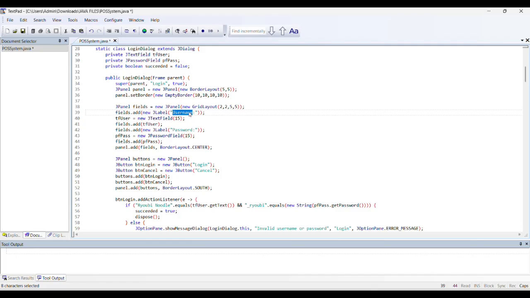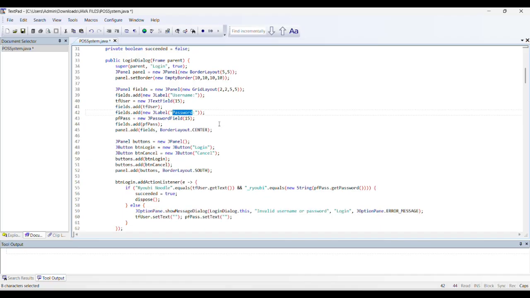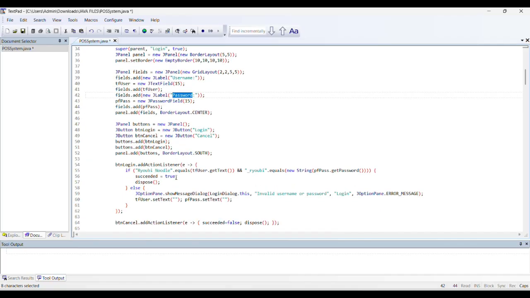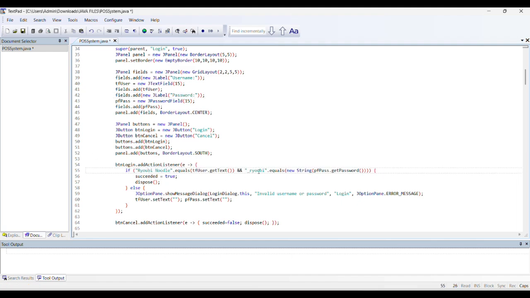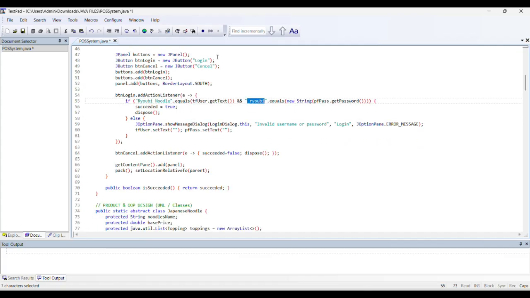So here, it will ask for your username and then the password. In here, the correct credentials are Ryoub Noodle, and then the password is Ryoub underscore. So this ensures that only authorized users can access this system. Okay, next,